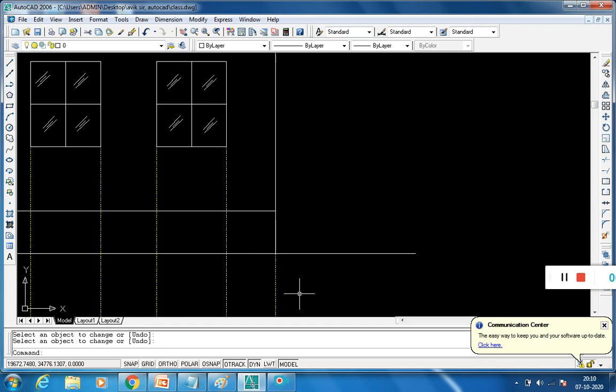Now we are going to draw the symbol of earth. So again use line command.